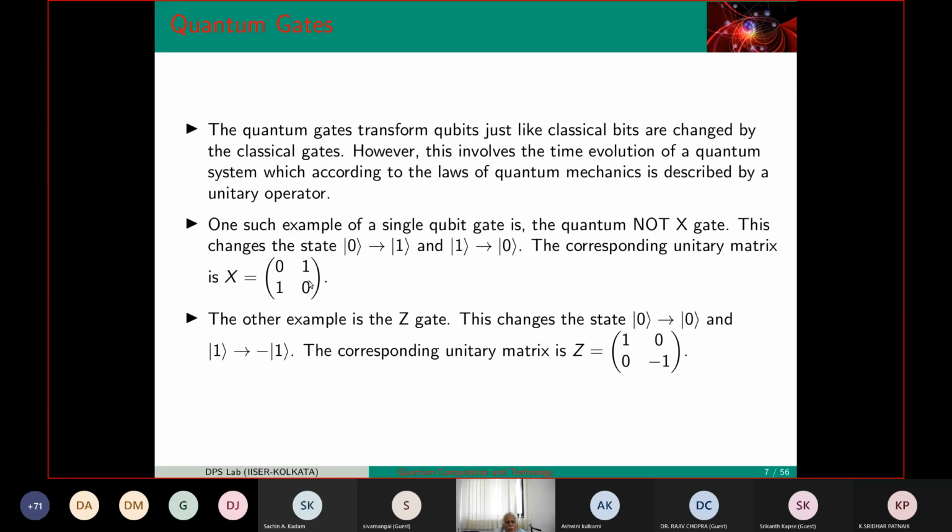But you will find out from good old quantum mechanics, whatever we knew in the context of spins, the same mathematics we picked up. We can use this also as a gate. For example, look at this object. This is Pauli's sigma x, the matrix 0, 1, 1, 0. They came to describe electron spin. You can check. If it acts on 0, it will take 0 to 1. If it acts on 1, it will take 1 to 0. You can multiply here. So what it does, it exchanges particles. Sometimes that is required because you would like to exchange the particles. So if you want to exchange 0 with 1, take this 0, apply this gate x on it. It will become 1. So it is useful.